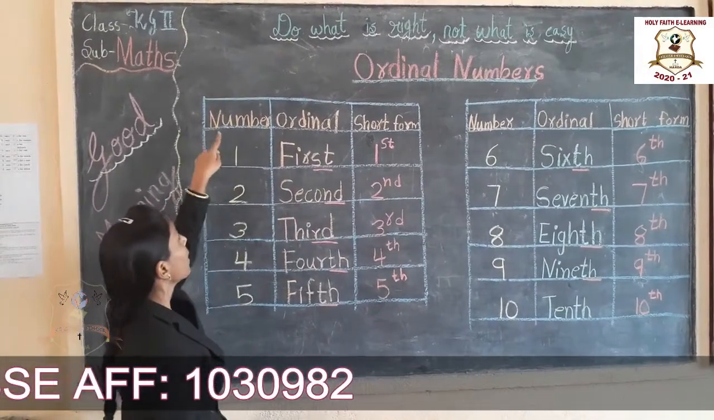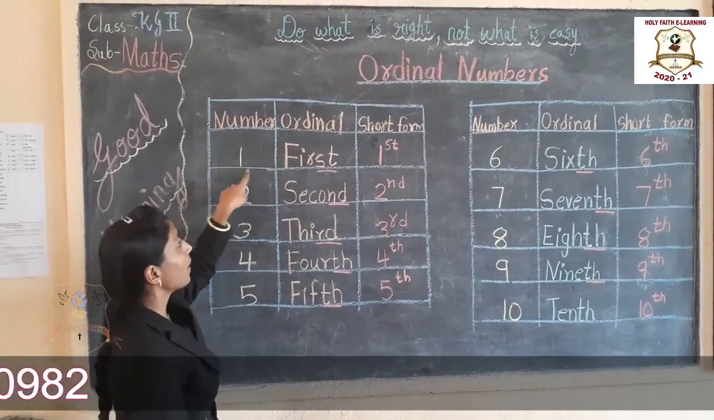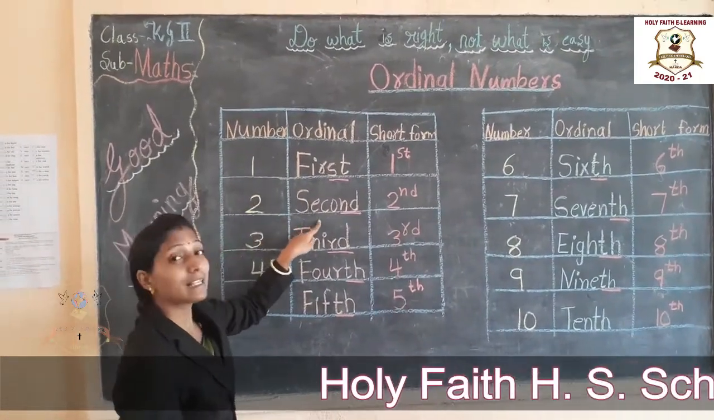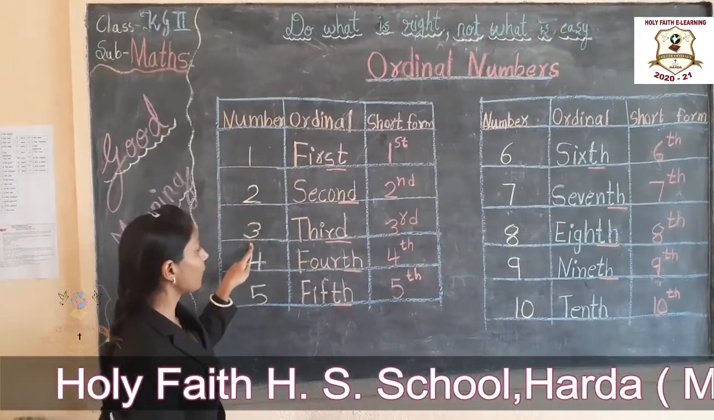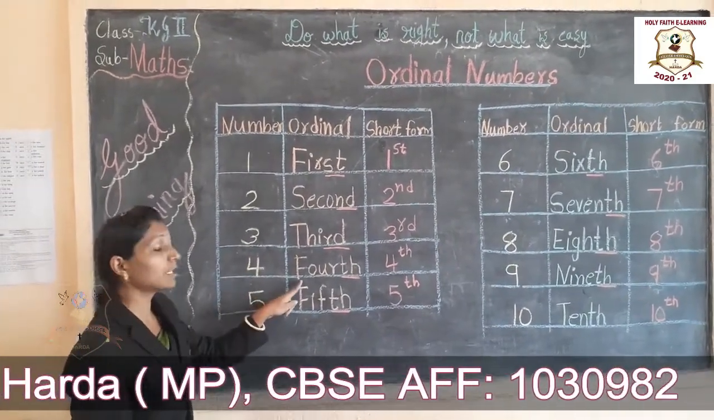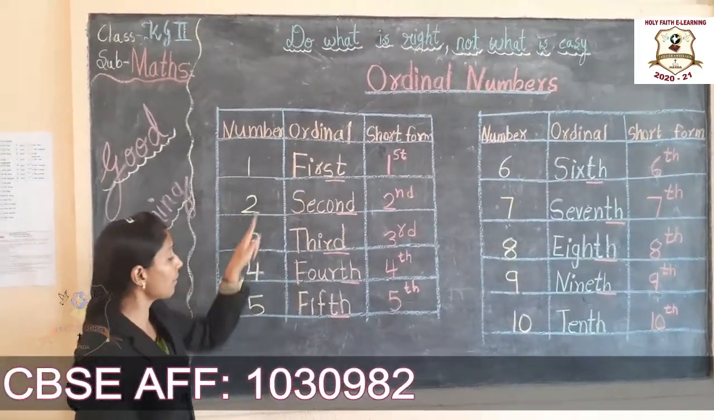Now look at here. The ordinal number of 1 is first. The ordinal number of 2 is second. The ordinal number of 3 is third. The ordinal number of 4 is fourth. And the ordinal number of 5 is